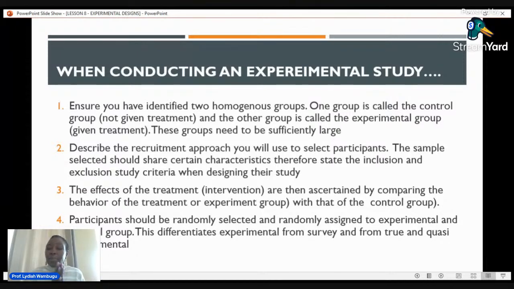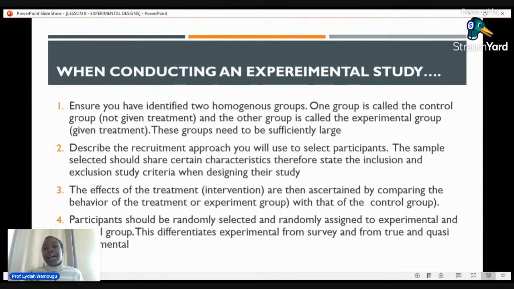And this randomization is what differentiates experimental from survey. And this is also what differentiates between true and quasi-experimental. Now, what does randomization mean? Randomization means that the people who will be assigned to the experimental and control group should not be handpicked. I should not look at you and tell you, you go to this one, or you need to go here. They should be randomly